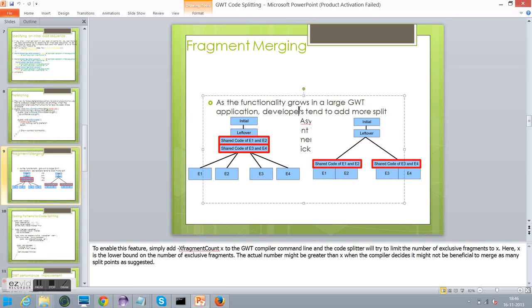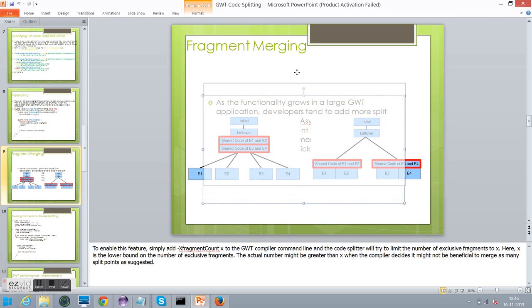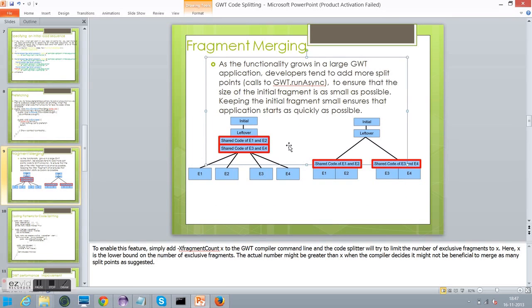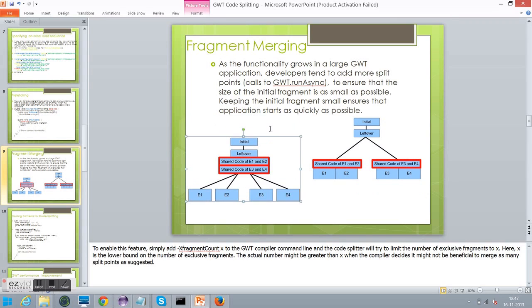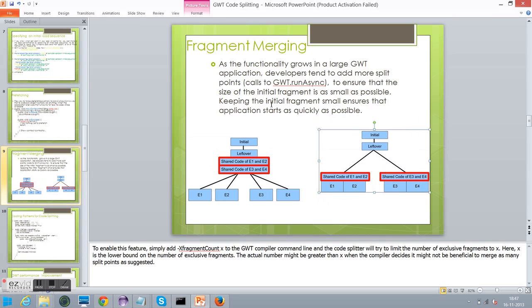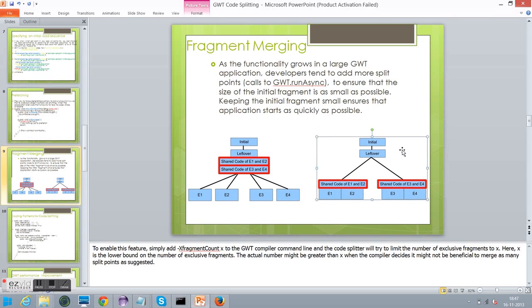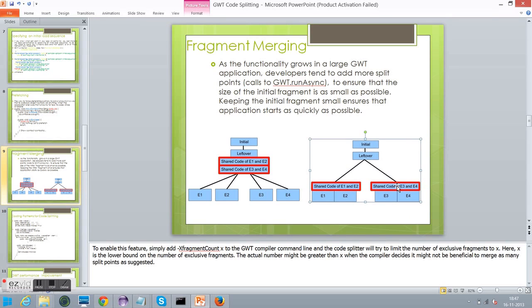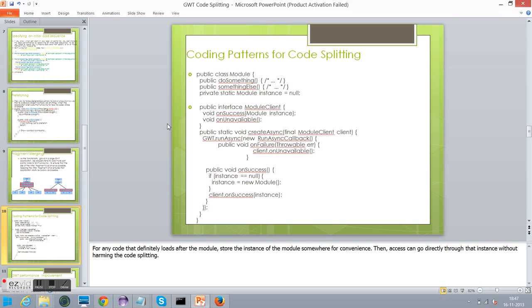So this is how we learn. I'll just put this code upside so that the definition is there. Now you have the clarity in this. Okay. So this is the fragment merging also. So after that,